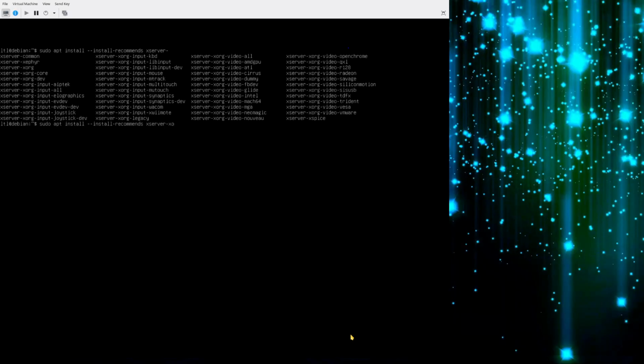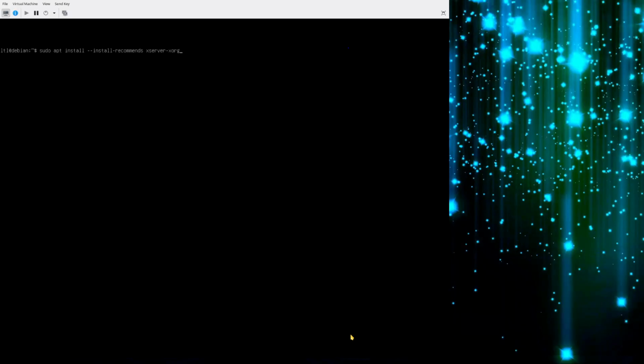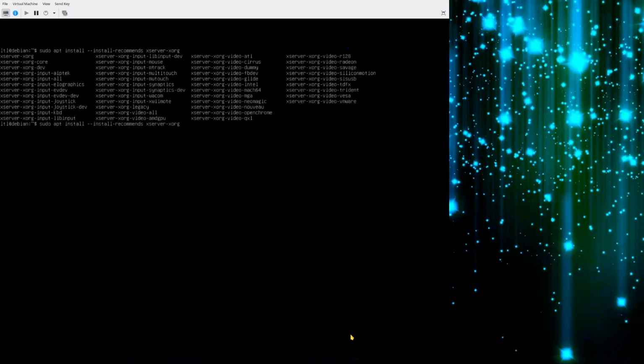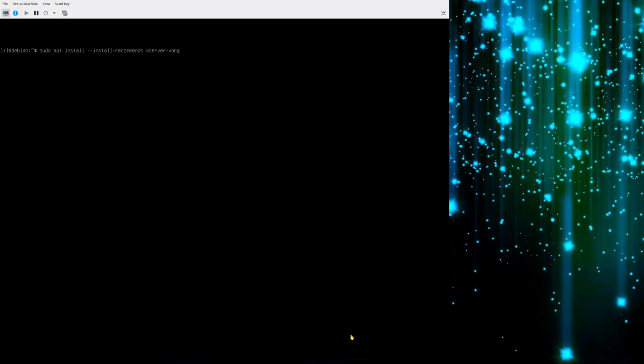Okay, so if I type xo and hit tab again, it completes xorg for me and gets to the next ambiguous point. Tab twice again. And there's all of those that start with xserver-xorg. I'm going to clear that out because that is exactly what I'm wanting. And then I want xinit. Then we're going to do xfce4,